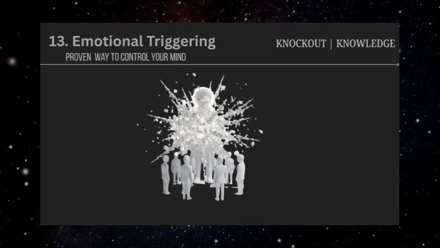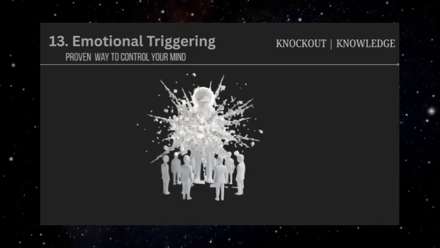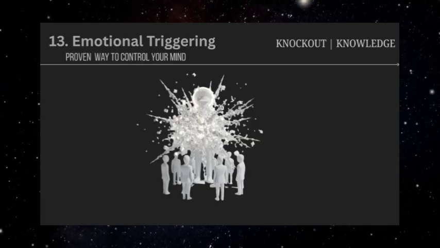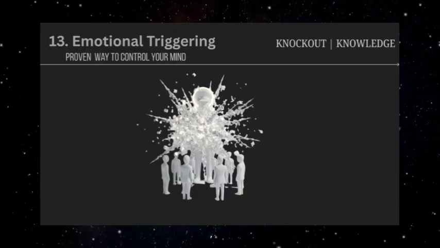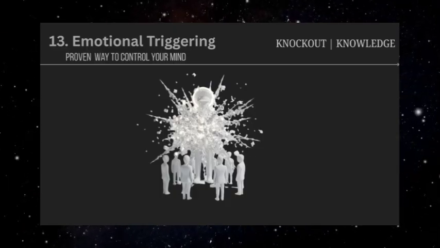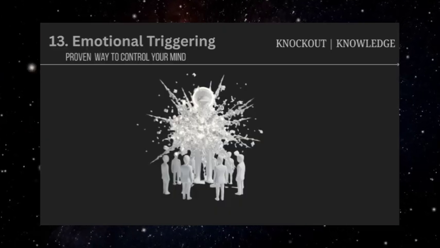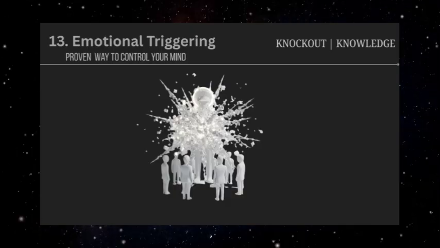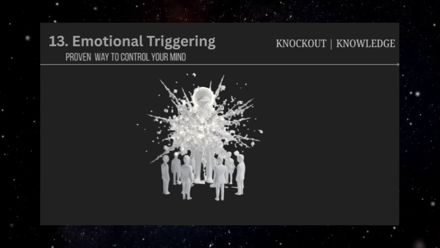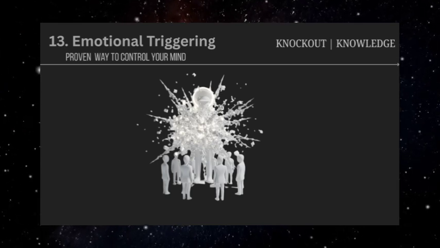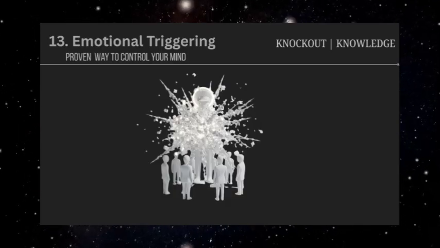Words like freedom, justice, threat, or crisis are chosen specifically for their emotional impact rather than their descriptive accuracy. These words trigger strong feelings that make people more likely to support policies or actions without careful analysis of their actual content or consequences. Sales environments use emotional triggers constantly. Words like exclusive, limited, breakthrough, or guaranteed are selected for their ability to trigger excitement, fear of missing out, or feelings of special treatment. The goal is to create emotional states where logical evaluation of price, quality, or necessity becomes secondary to the immediate emotional response.